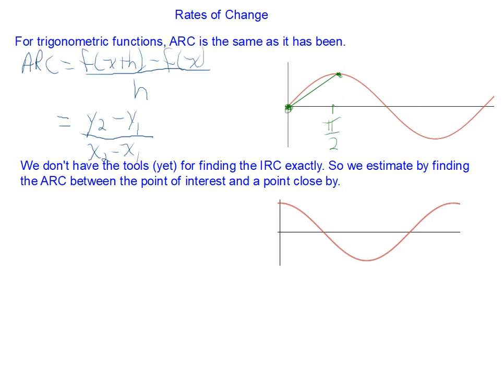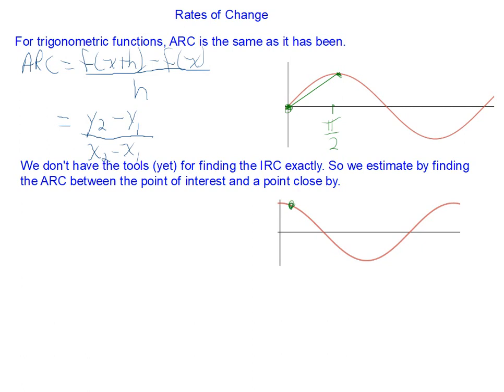Now, one of the things that becomes a little more complicated when we're finding the instantaneous rate of change is that we don't actually have the tools yet to be able to find the instantaneous rate of change exactly. So what we're going to do here for that is we're going to estimate by finding the average rate of change between the point of interest and a point close by. So for example, if I want to find the instantaneous rate of change at, let's say, this point right here, whatever it happens to be,